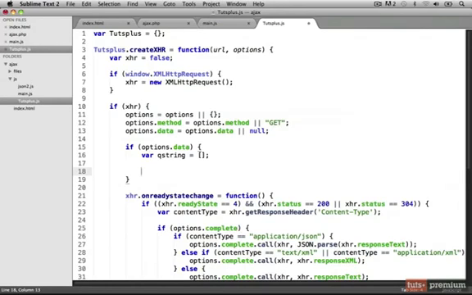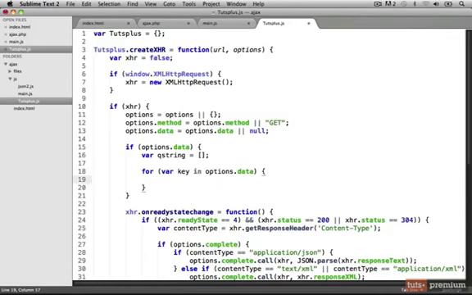Now let's just use a for in loop to loop over all of our data. So we'll create our for in loop. We'll create a variable named key in options.data. And now we can push the keys and values into our QString array, separating the key and the value with